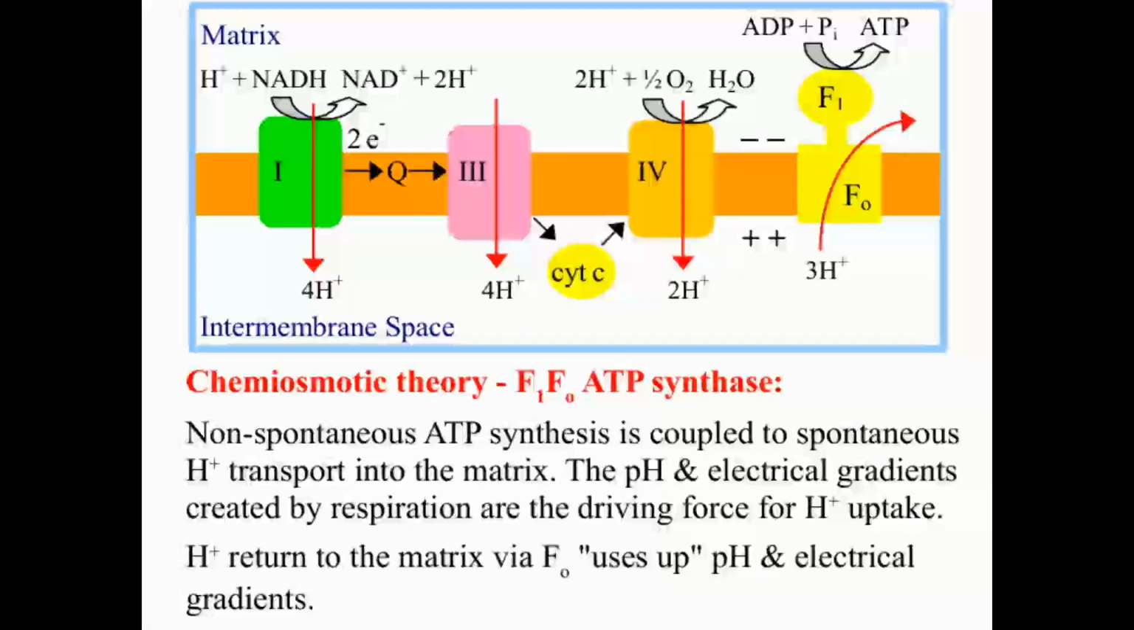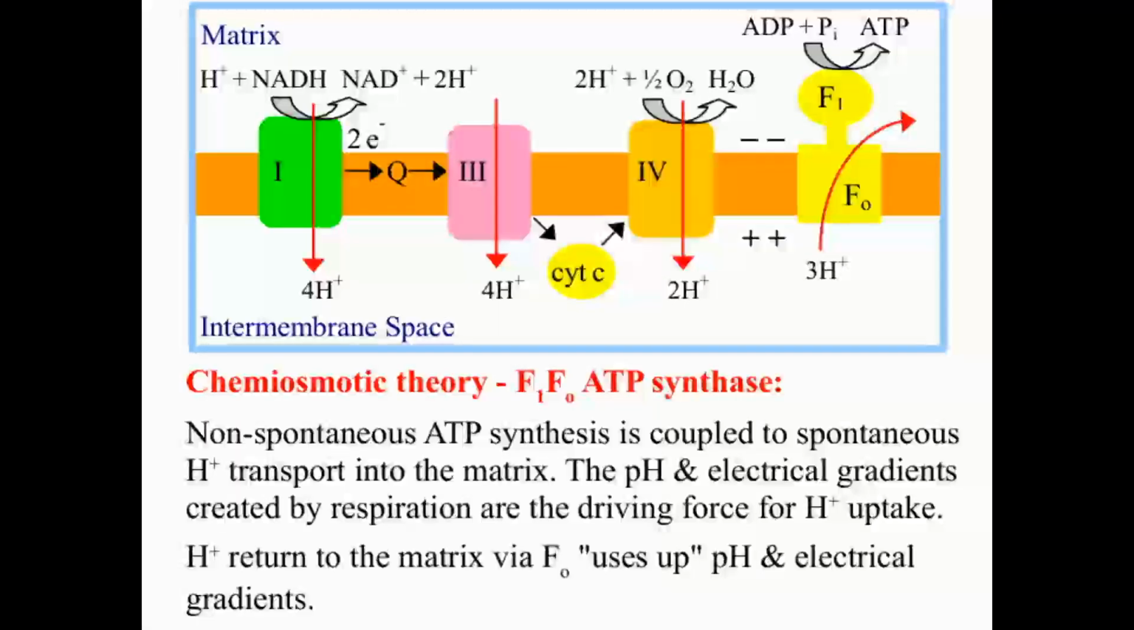Now, as H+ ions flow back through the FO portion of ATP synthase, they essentially use up these gradients, meaning the pH and electrical differences across the membrane decrease. This flow of protons through FO is what powers the actual synthesis of ATP. It's a beautiful example of how a gradient created by respiration is harnessed to produce the energy currency of the cell,